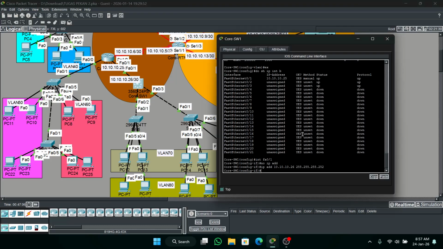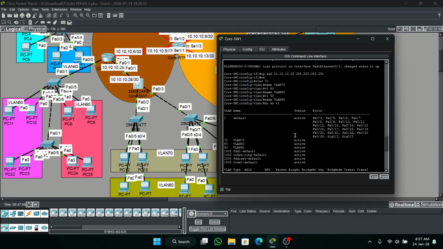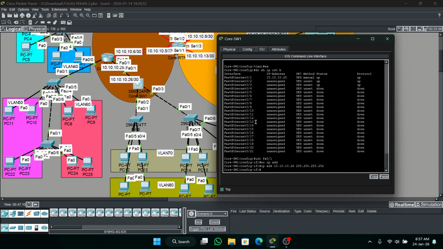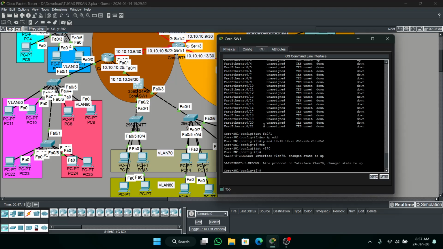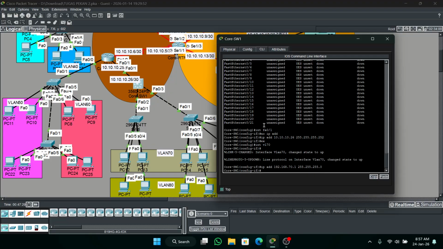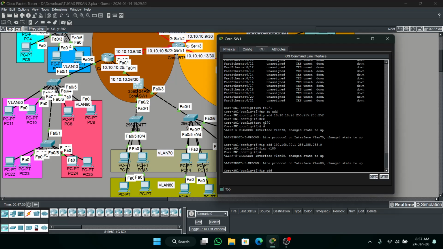Okay, what next? We will continue the VLANs. Enter the interface VLAN 70. Add IP address. Okay, then interface VLAN 80, IP address.